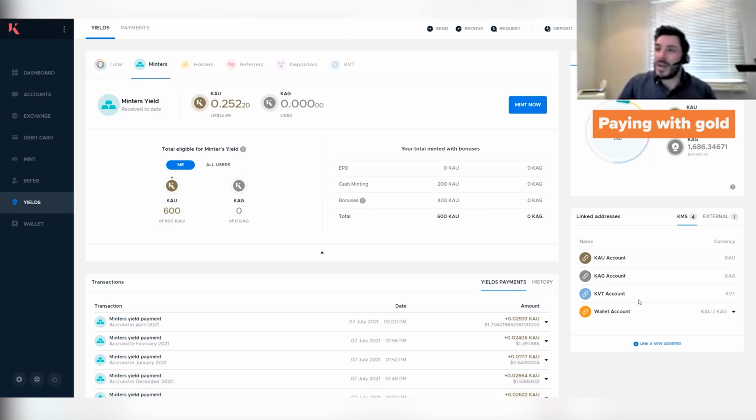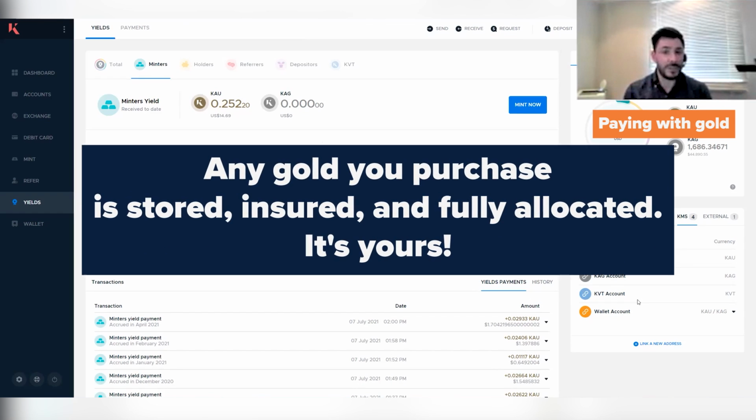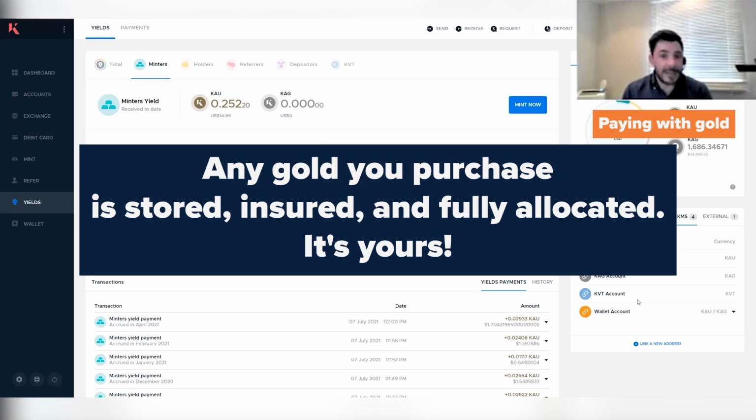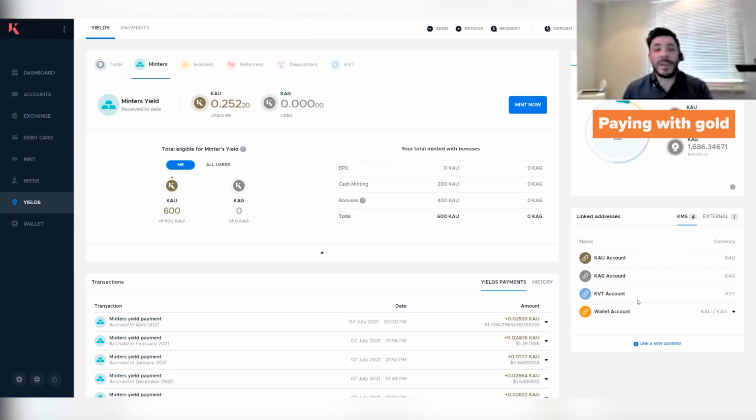I just want to highlight what we've effectively done at Kinesis: we have digitalized physical allocated gold. So in digitalizing gold with Kinesis, you own your physical gold. It sits in vaults. It's fully insured. It's fully audited. It's fully allocated. It's your gold. What we do is we digitalize it and bring it onto our technology, which is a blockchain-based